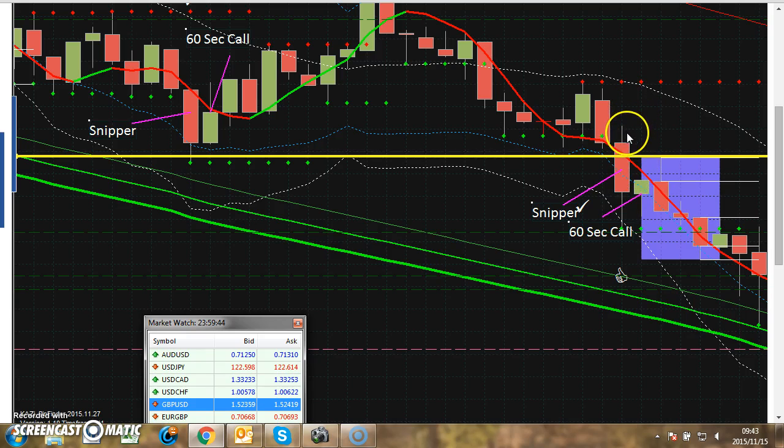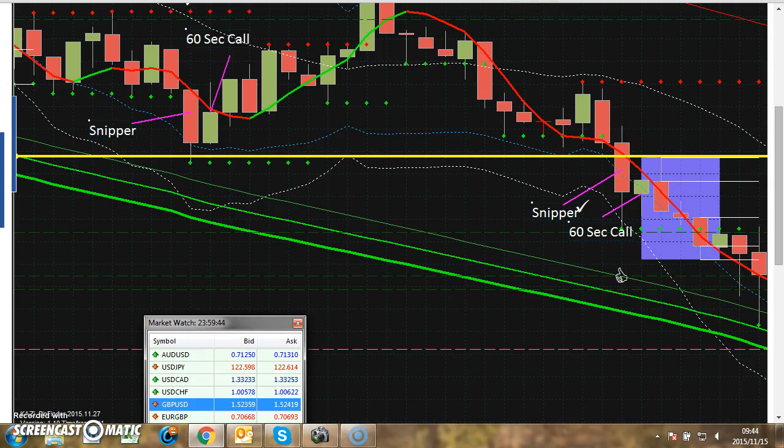Now, very important. Let's assume this bar was not a sniper, and the bar after that is a sniper. It's too late. It's only the bar breaking this impact zone, or if the bar touches the impact zone. Only those two places, because we're looking for a very high win ratio. If you start looking at bars like 2 bars or 3 bars after that, then it's going to be some you win, some you lose. And there's no point losing on a 60-second trade. So rather don't take the risk and only take the high probability, because it's all about winning. If you start losing, you're not making money.